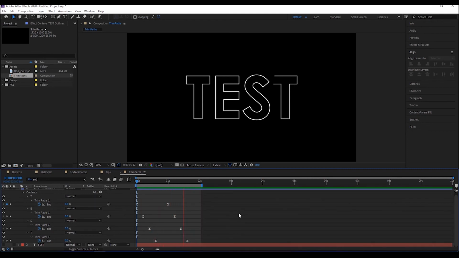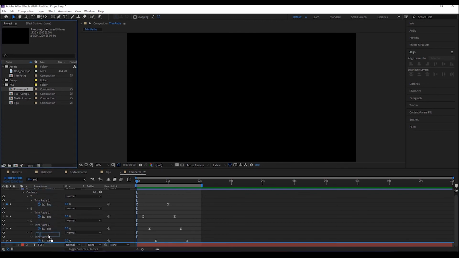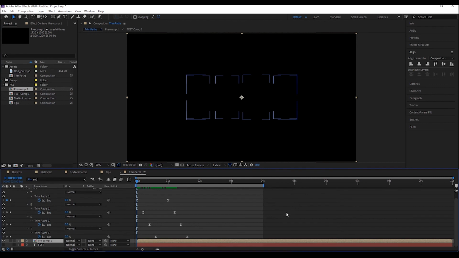Now that we've used the trim paths to animate on the outer stroke, we can use the paint technique from earlier to draw on the fill of our letters. Navigate to wherever your pre-comp is that we created earlier from the Paint On tutorial. I'll now click and drag mine in above my text layer. If we preview the animation,